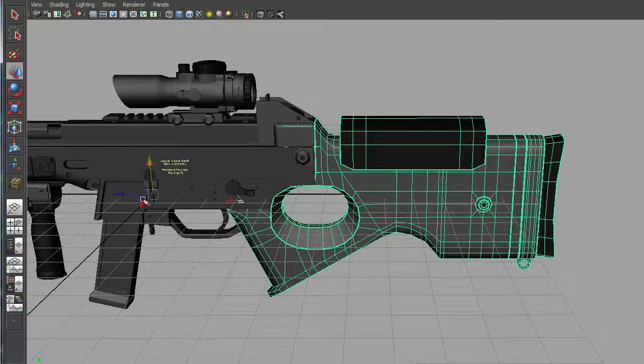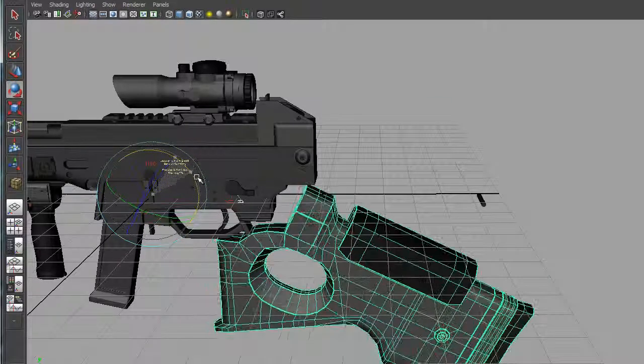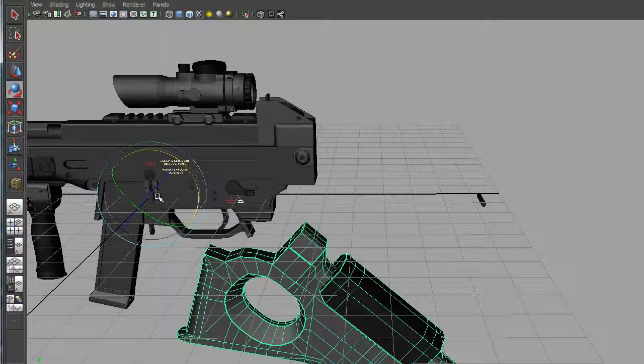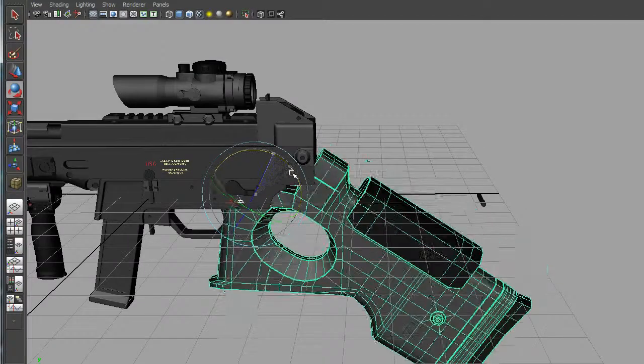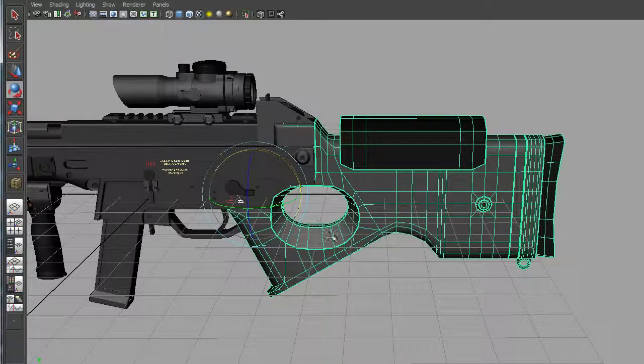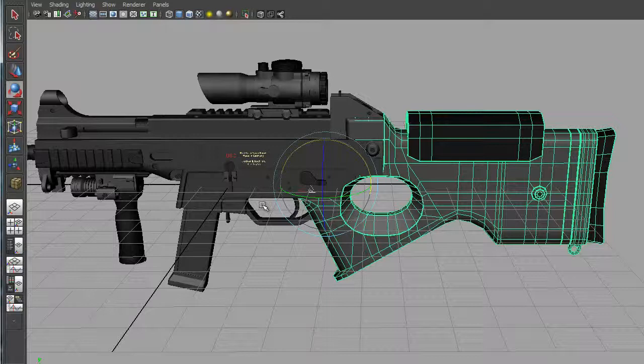Now, where the issue with that might come in is if this was one big single part that was going to rotate, for example. When we rotate the object, you'll now see that it's actually rotating from the middle of the grid, and that might not necessarily be what you would want. Perhaps, hypothetically speaking, you were wanting the pivot to actually occur from this location here, like this, for some reason. So you'll need to be aware that the pivot point resets to the middle of the grid when you do a combine function,